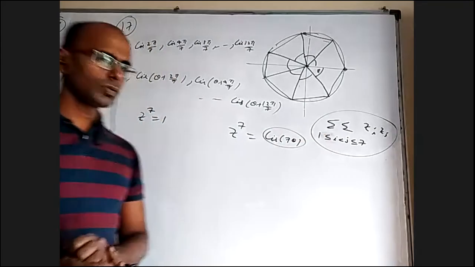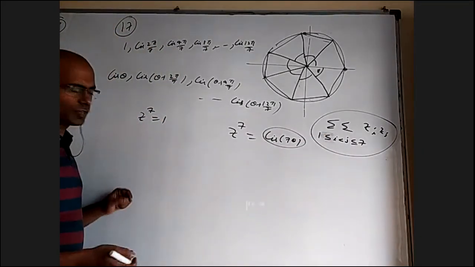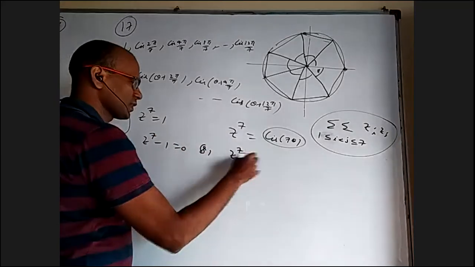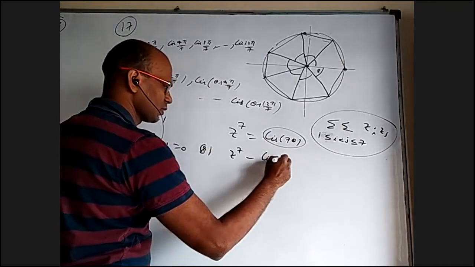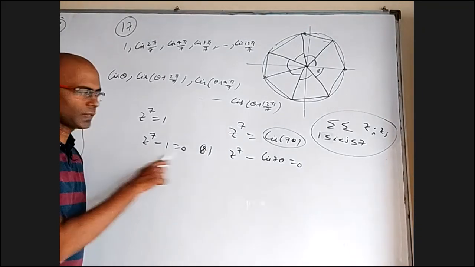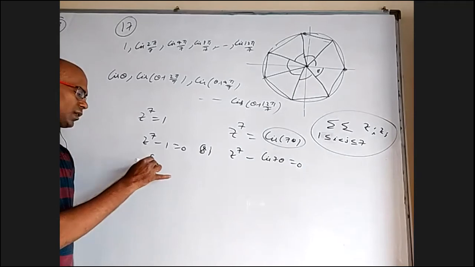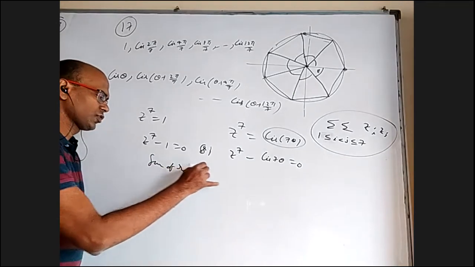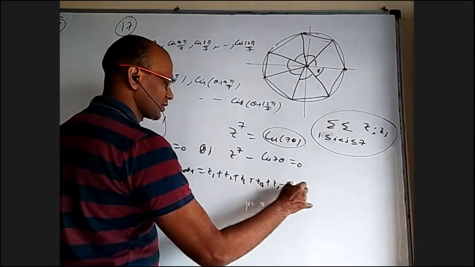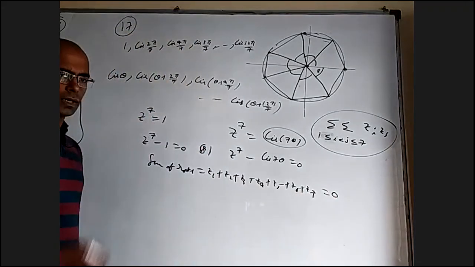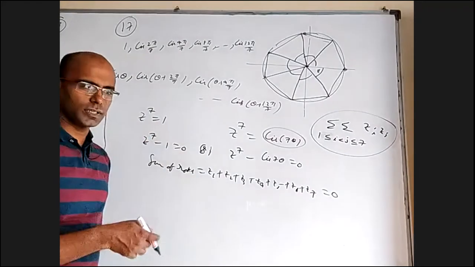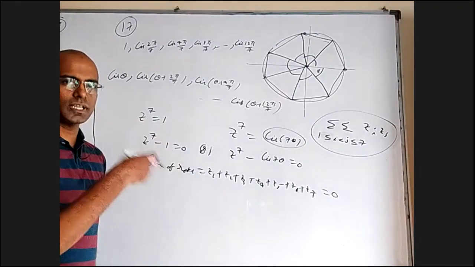I want to discuss two methods. We come to theory of equations. If I take z power 7 minus 1 equal to 0, or z power 7 minus the constant cis 7 theta equal to 0, we all know when I take the sum of the roots, it is 0 because z power 6 is missing here and here. Sum of roots, which is z1 plus z2 plus z3 plus z4 plus z5 plus z6 plus z7, is 0. Not only the sum, because z power 5 is missing too. The z power 6 coefficient will give you the sum of the roots. The z power 5 coefficient will give you